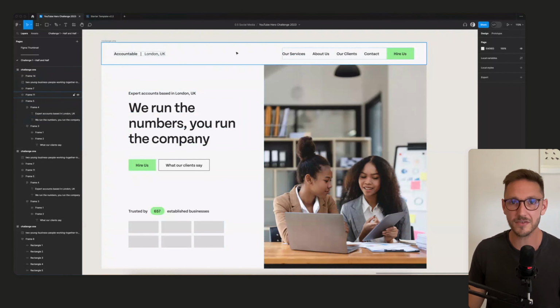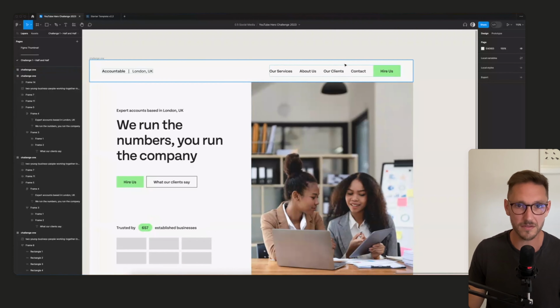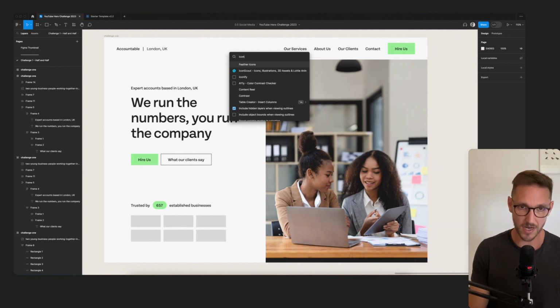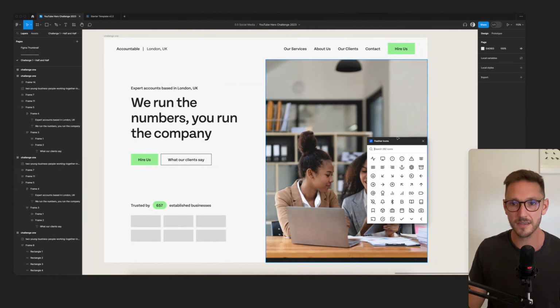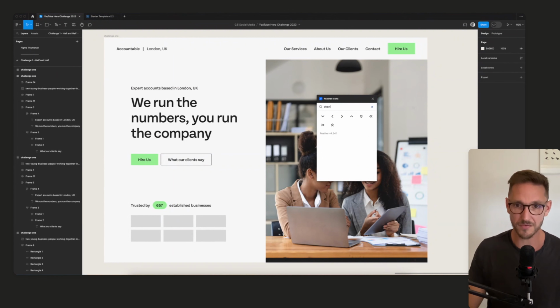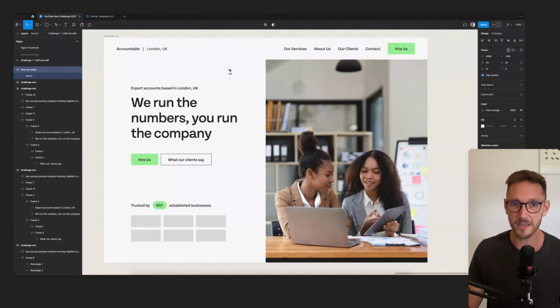So we're looking good. So we need to add in a services drop-down icon, and we need to add in some logos. So I'm going to hit Command / to search, and I'm going to search for icon. So we've got Feather Icons, Icon Scout, Iconify here. All good options. Feather Icons, the free version is pretty good. It's a bit basic, but you've got your basic stuff like arrows and chevrons, and you can literally just search for chevron. Here's one. When you click on it, it just sort of goes randomly in a frame that doesn't actually land on your page. So it's really annoying. You have to drag it out to the side and then drag it back in.